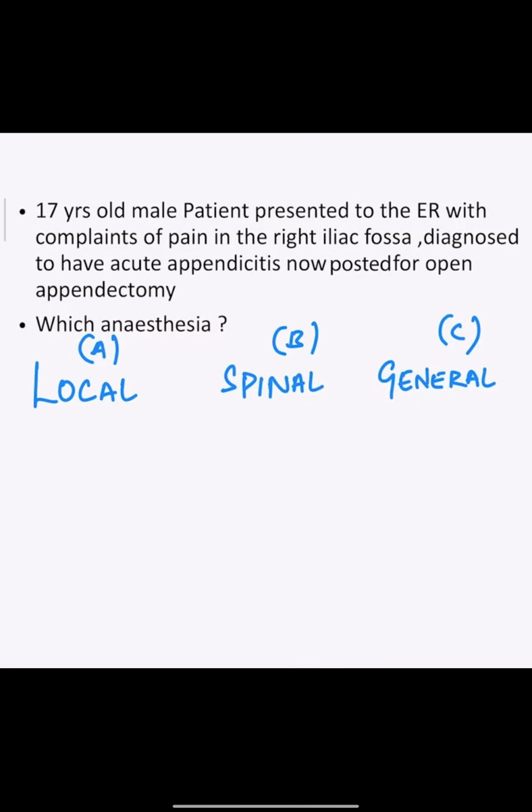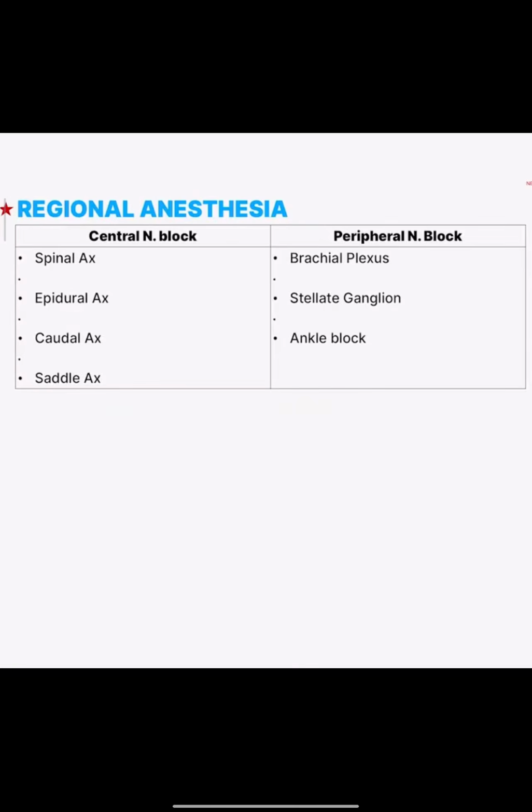So for this patient, which anesthesia is preferred? Local, spinal, or general? As it is open appendectomy, if it was lap appendectomy we would have gone for general anesthesia. But nowadays lap appendectomies are also done under spinal. But you need to remember, open appendectomy requires spinal anesthesia. Spinal anesthesia we are discussing. Remember, in regional anesthesia we have spinal anesthesia, epidural anesthesia, caudal, and saddle. Whereas we are also